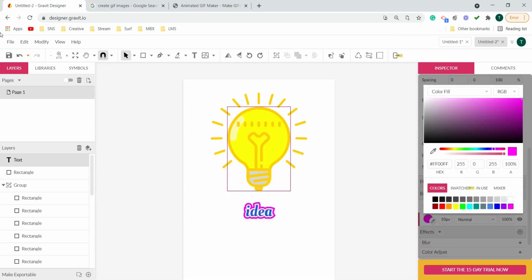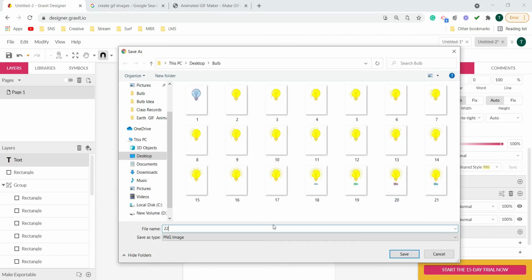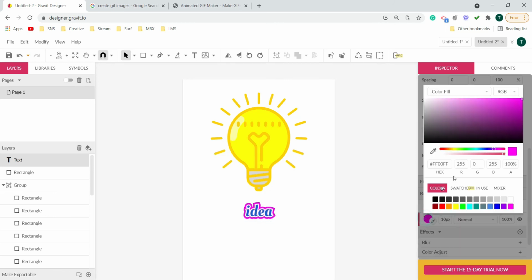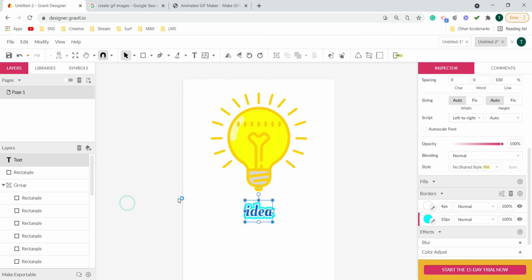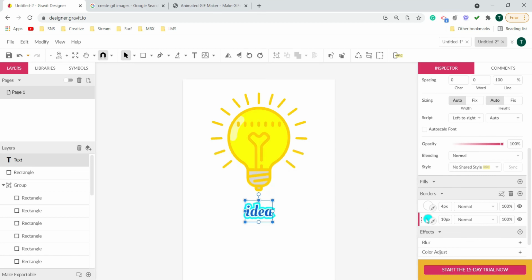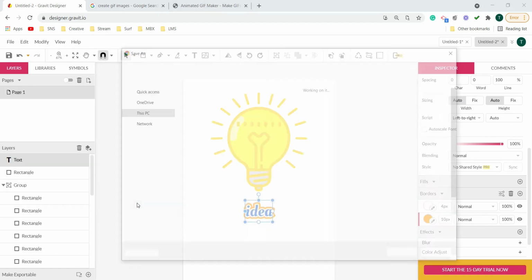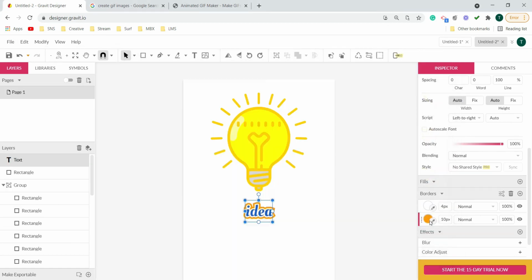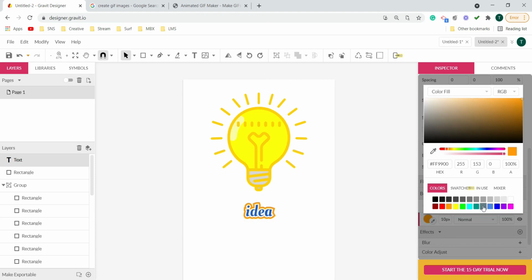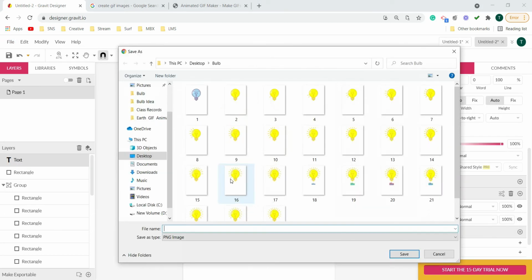So any very random and different shade of color I want to give over here, and we will see how the result looks. 3, 4, and the last one I think I will give this, let's say 5.